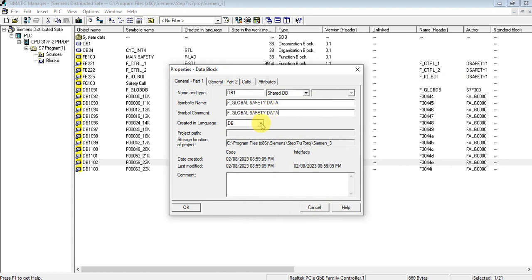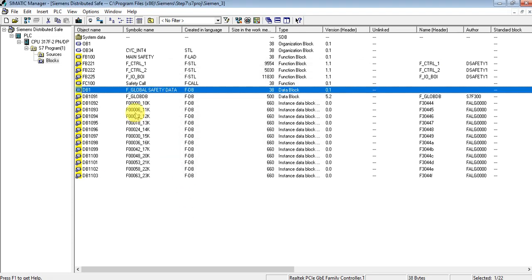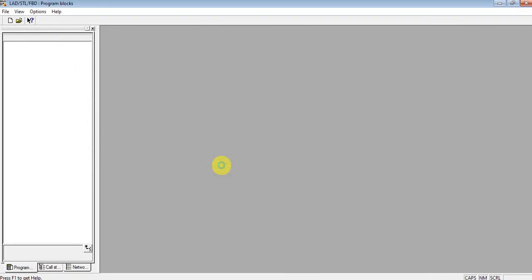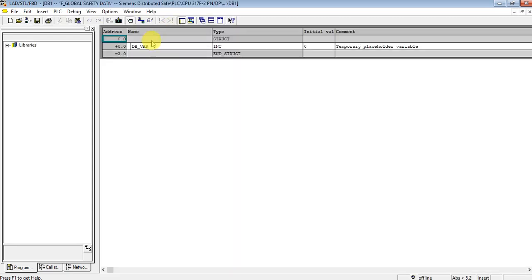Also this is safety, so it is an F-DB, a safety DB, and let's parameterize the DB. Password 1212. Okay, this one, side 1,